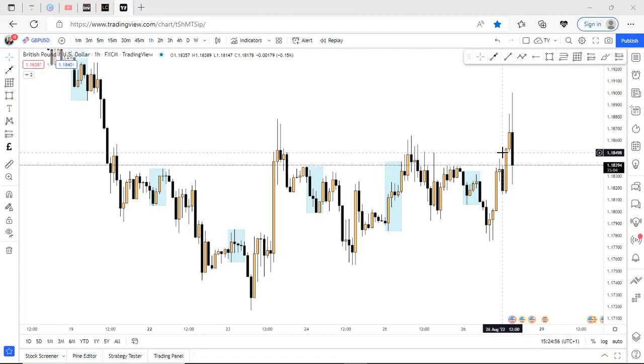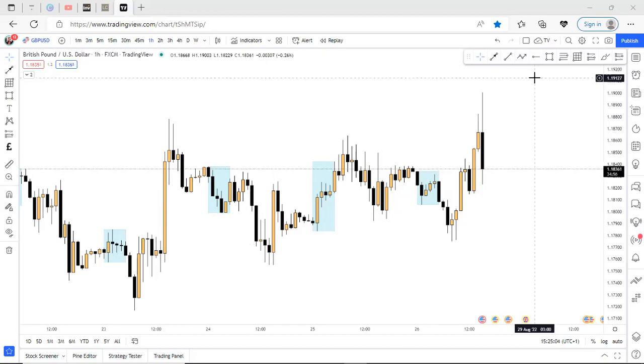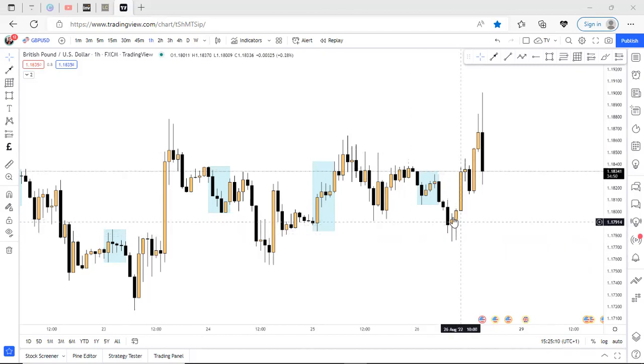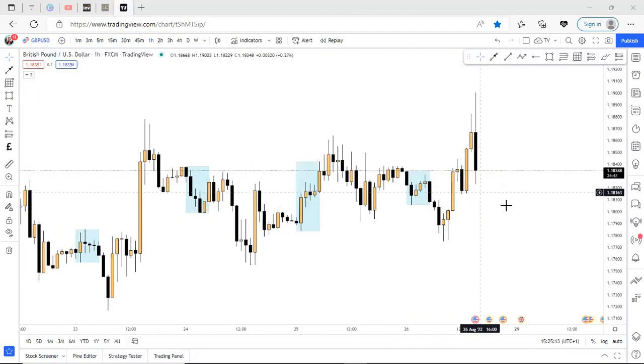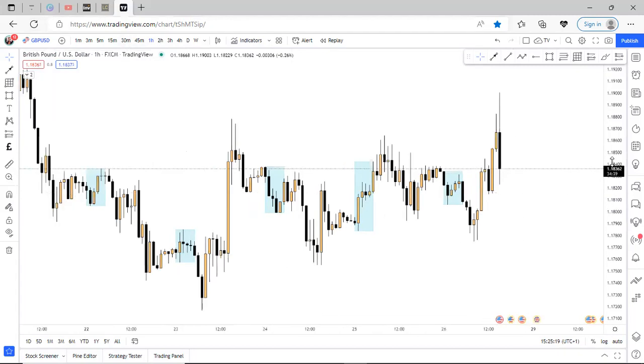So today there was news on USD, and I think that was what affected our price. We had lots and lots of spike up, spike down, spike up, spike down in the market. A lot of pumps and dumps. I think I kind of overtraded today, in my opinion, and maybe that was the reason for my loss.